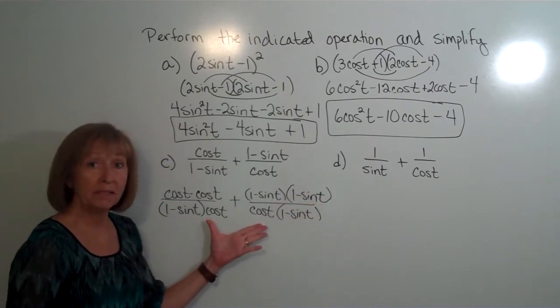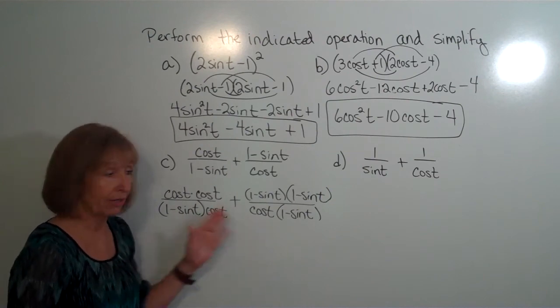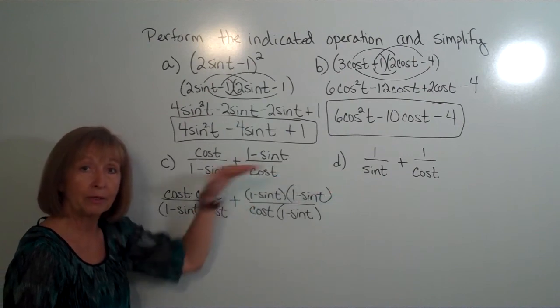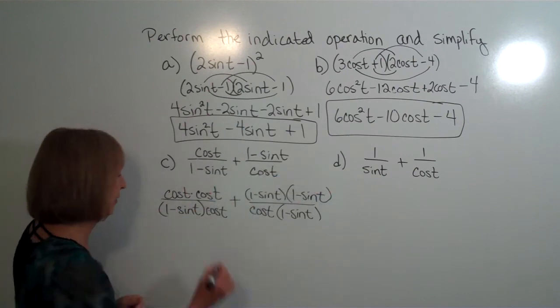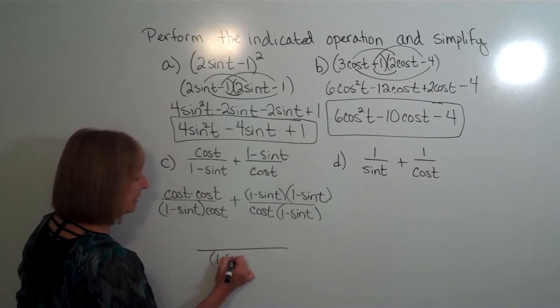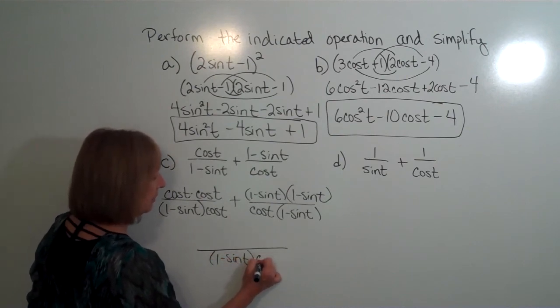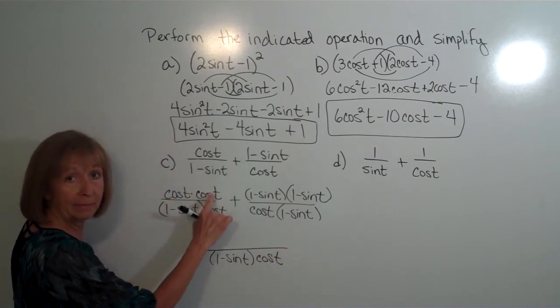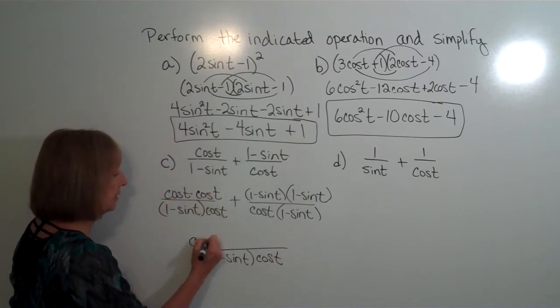Now, once we built to get the common denominator, we're going to remove the parentheses and combine like terms across the numerator, but keep the common denominator. So my common denominator is the 1 minus sine t times the cosine t. And then in the numerator, cosine t times cosine t is cosine squared t